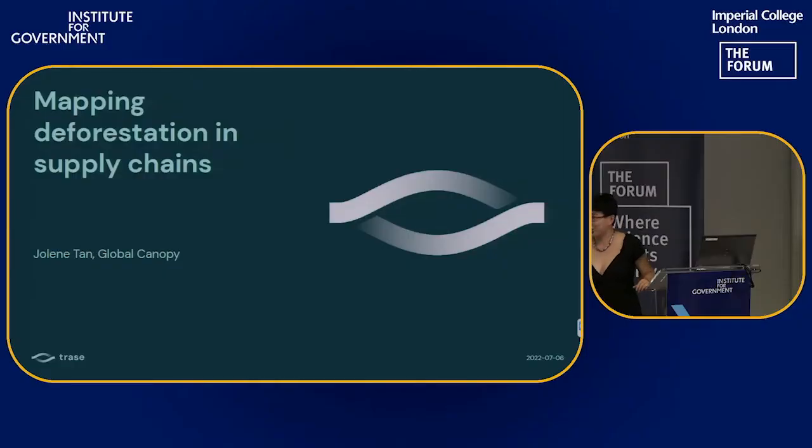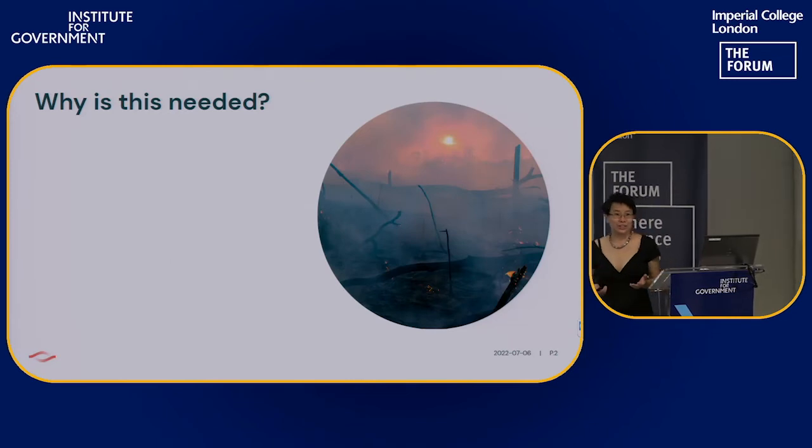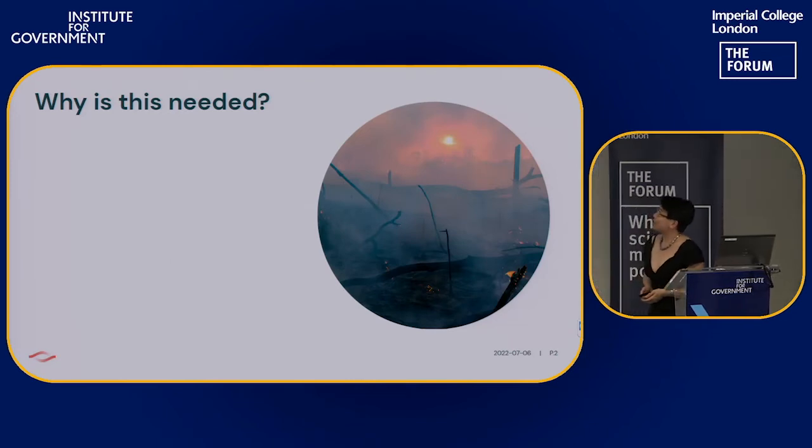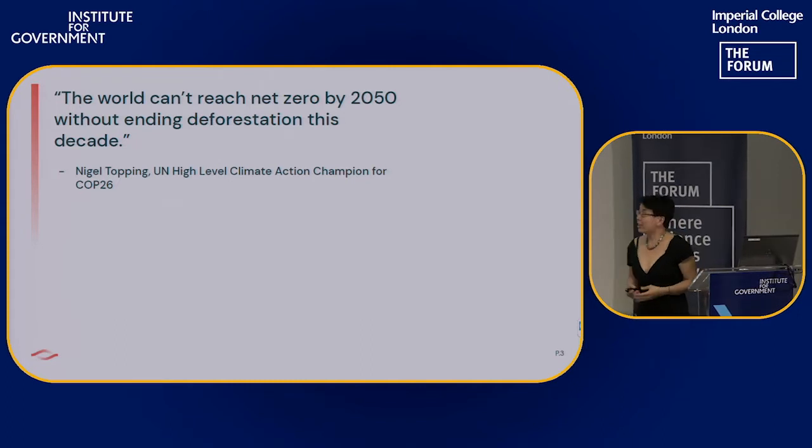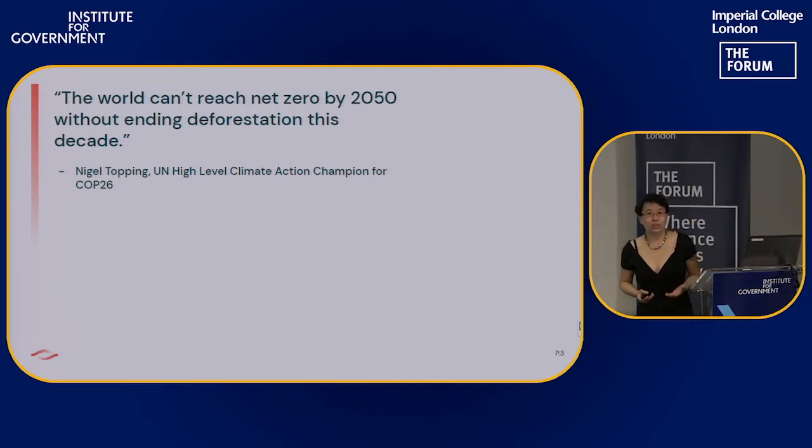I'm really glad to be here to tell you more about the work that Trase does, mapping deforestation in supply chains. And I'm going to start by talking about why this is needed. We're here today talking on the theme of the climate crisis. And essentially, there is no solution to the climate crisis that doesn't also involve a solution to the problem of